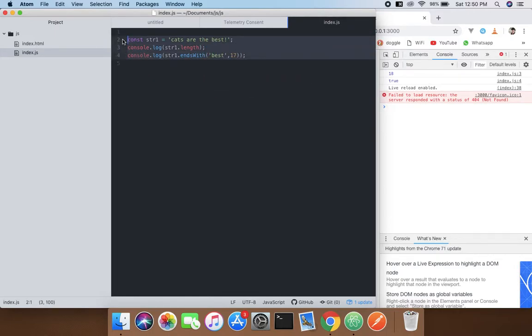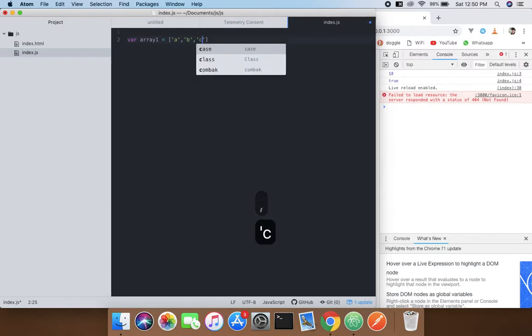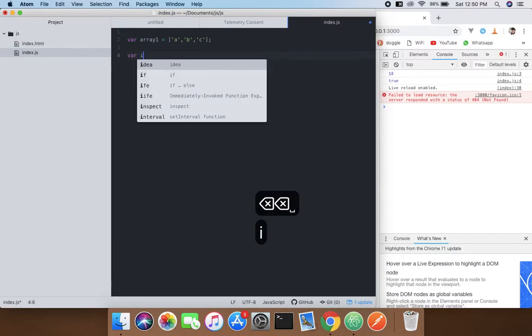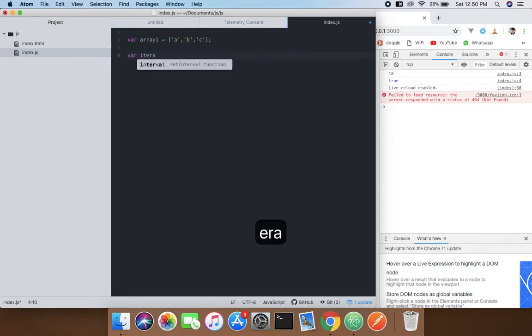We need to remove all of this. Create a variable with var array1 equals an array of strings A, B, and C. After doing that, what we're going to do is create a variable called iterator, and what we're going to do next is assign the array1.entries method